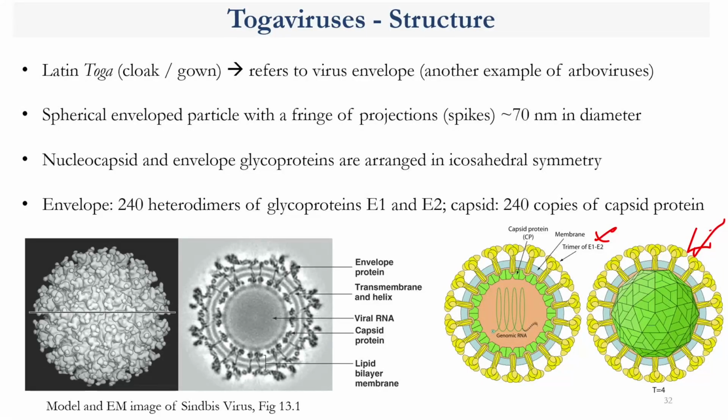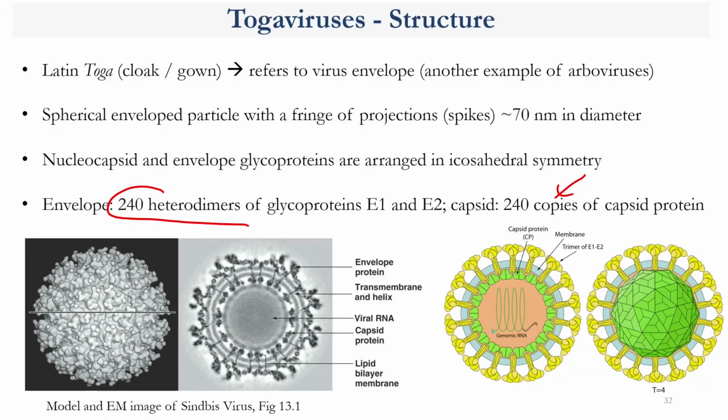And inside, you have your genomic RNA, and again, your nucleocapsid and envelope glycoproteins are arranged in an icosahedral symmetry, okay? For the envelope, you have 240 heterodimers of your proteins E1 and E2, and 240 copies of the capsid